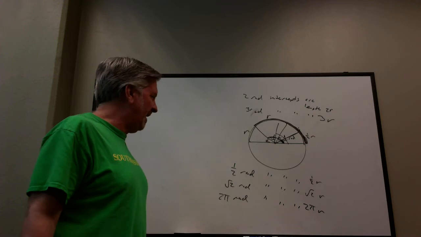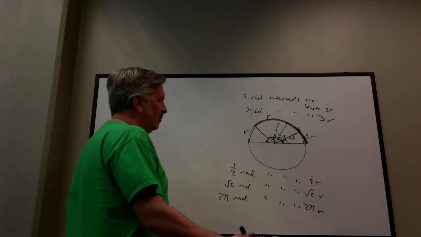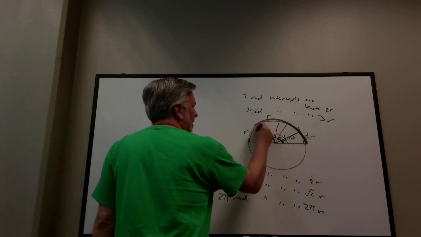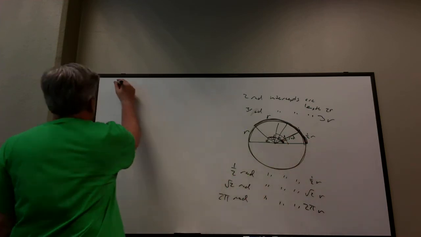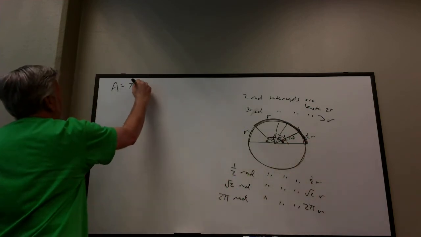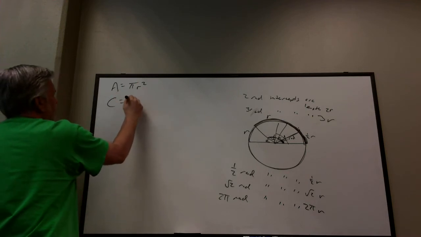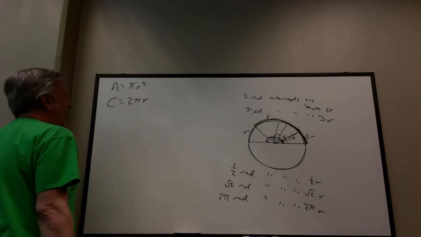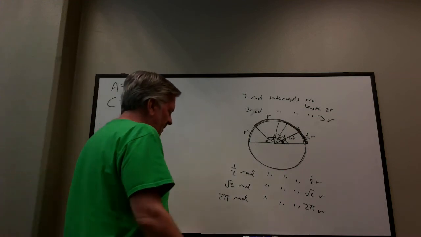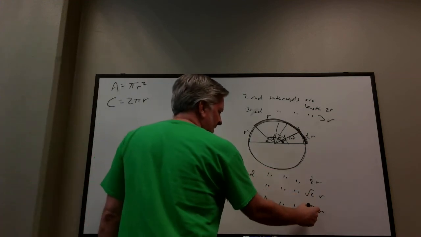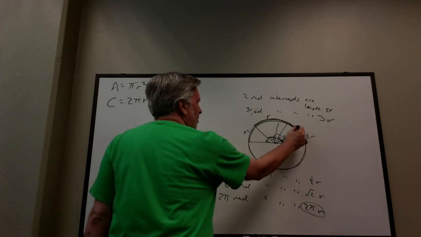But what's 2 pi r? In any circle, 2 pi r is the circumference. Right? You should know the formulas in a circle. Area is pi r squared, and the circumference is 2 pi r. Or pi times diameter, right? 2 r is the diameter. Okay? So 2 pi radians cuts out an arc length of 2 pi r, but 2 pi r is all